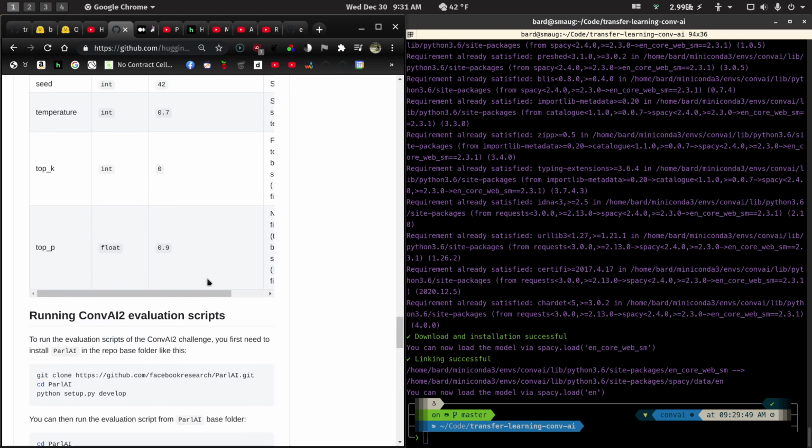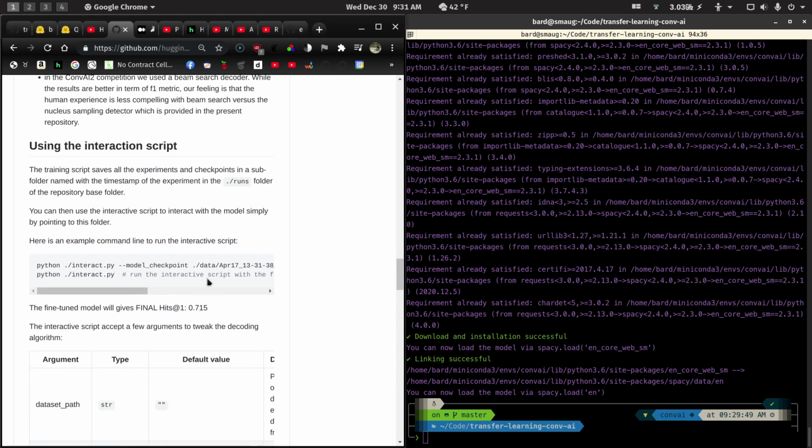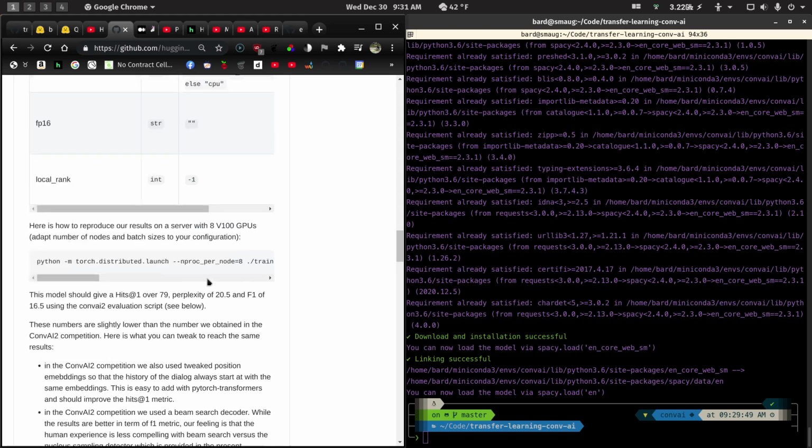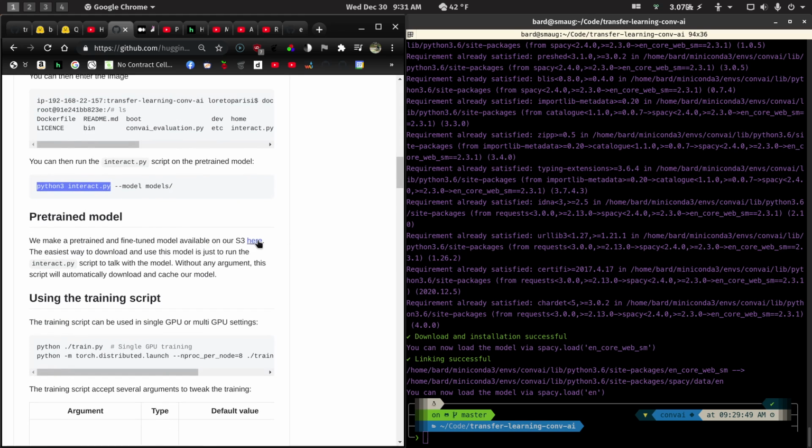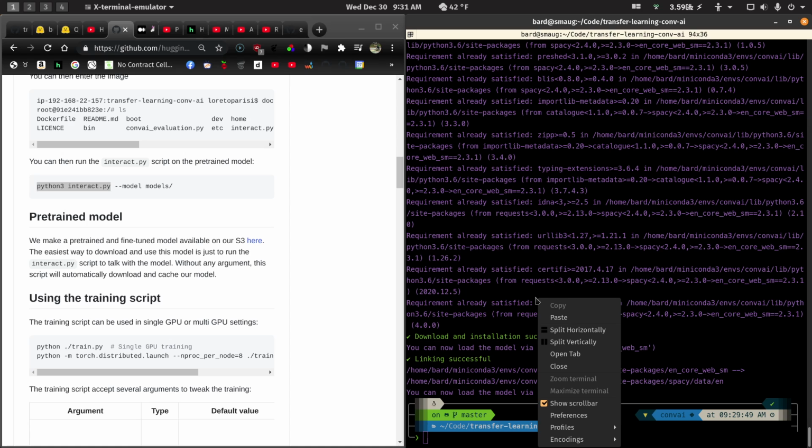I'm not sure. You can read through this. All I know is that somewhere it tells you there's a model you can download. Oh, here it is. It's a pre-trained model, and you can download it here. But we don't want to do that because then you have to set it up. So the easiest way to do it is you just run this